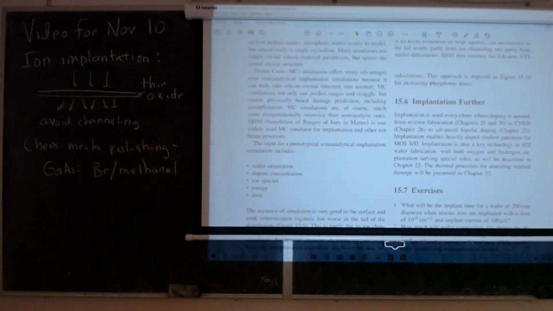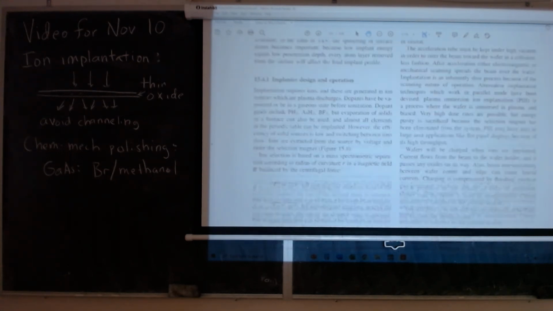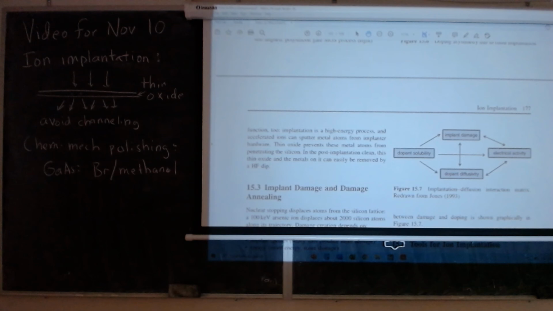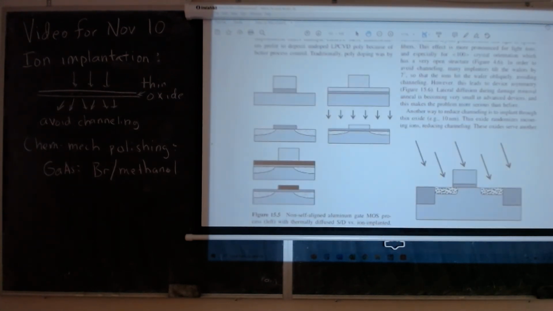Okay. All right. Well, I'll have to refer to the drawing on the board then. I thought there was a figure here where we showed. I know he discusses it in here, and I will alter the syllabus to include that section. That if, because of this shadowing effect, it is determined to be undesirable to tilt the implanter to avoid the channeling issue. You can see what I have at the top there shows another technique of dealing with this, which